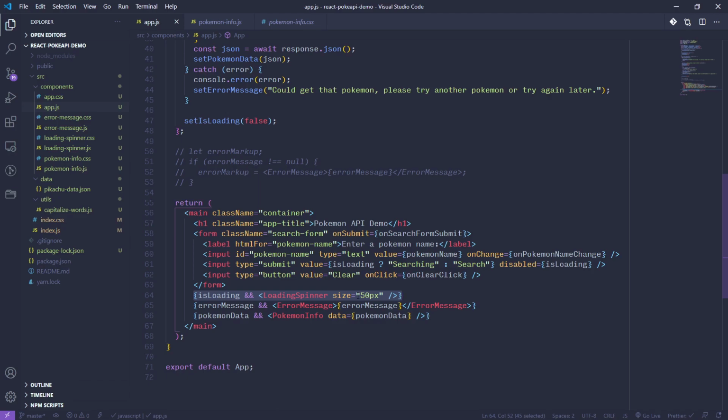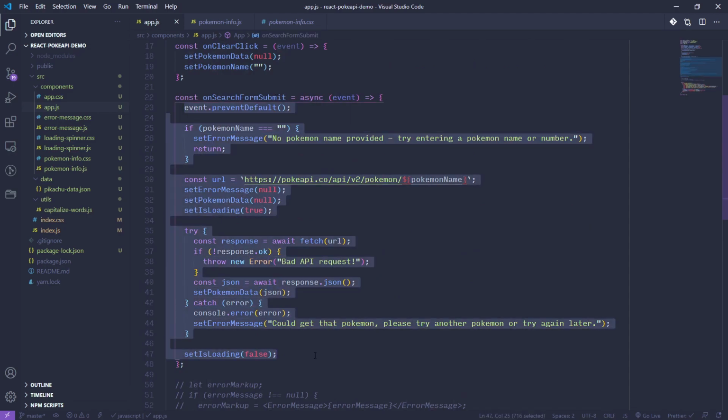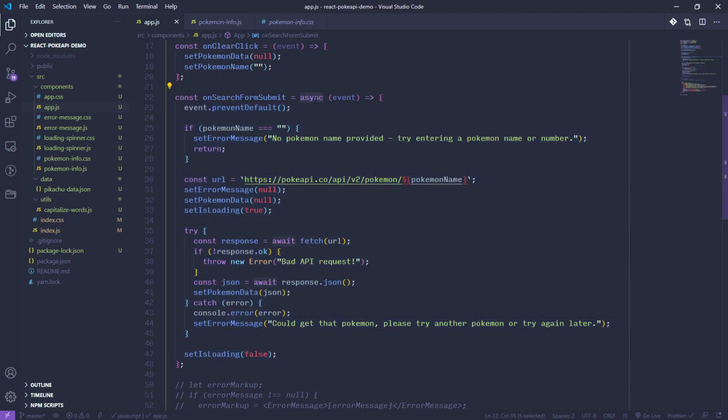And we learned how to kick off our asynchronous logic inside of our onSearch form submit and mark it as an async function so that we can use our await and control the state before and after that asynchronous logic runs. As you can see, this is a lot more complex in terms of the logic that needs to run because there's a lot more going on here than our other version where we were just printing things out to the console. So take some time, make sure that you understand the pieces that are in this application